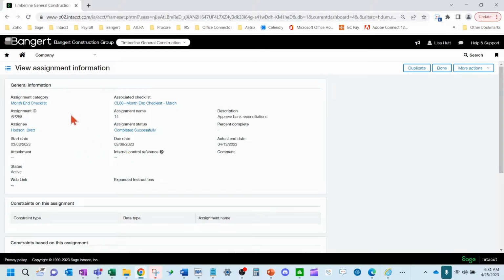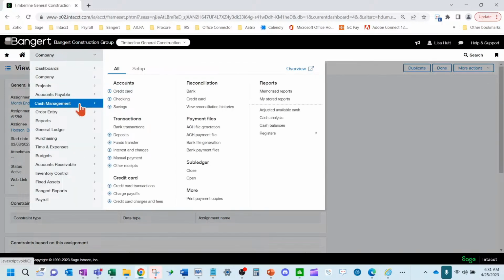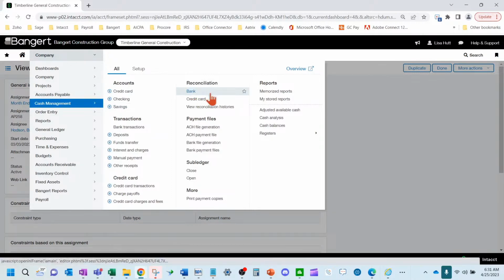So I'm coming into my task here as Brett to approve the bank recs, but I notice in that step that I don't have a bank statement attached to my bank reconciliation.